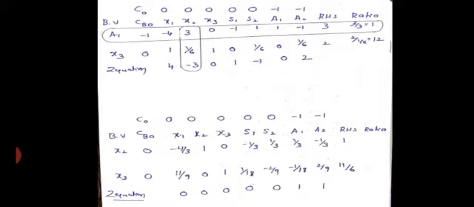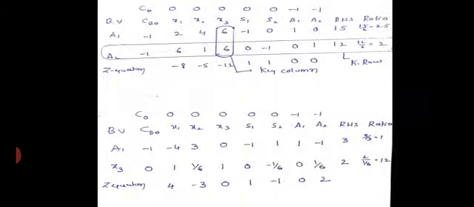So here my solution is reached. Since there are no negative elements in the equation, and also there are no artificial variables present, you can switch to phase 2. In phase 2, the initial table is constructed with basic variables x2, x3 as was present at the end of phase 1. This is the table you need to concentrate on now for the construction of phase 2. And this objective function will be taken from the original maximization problem, like this. From these values, as it is, you need to write down the coefficients now.